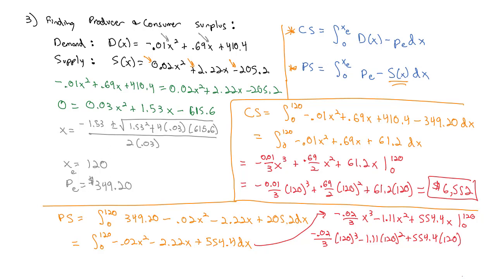And then technically, we want to make sure we subtract off plugging the 0 in. But we know that's going to come out to just 0. So we can kind of cheat our way around that. And then we just have to plug this all into the calculator. And when I do, I get a value of $39,024